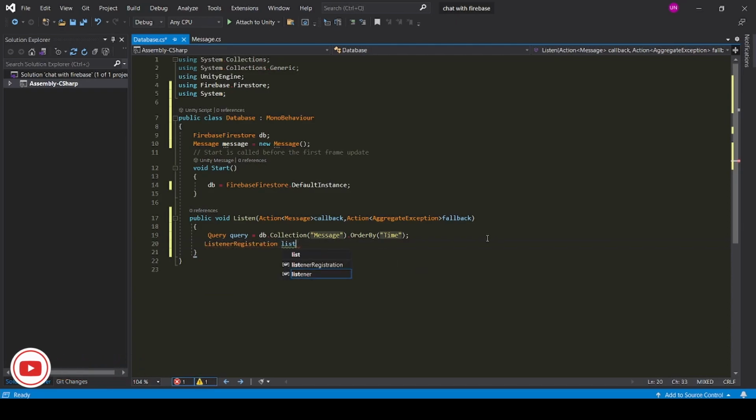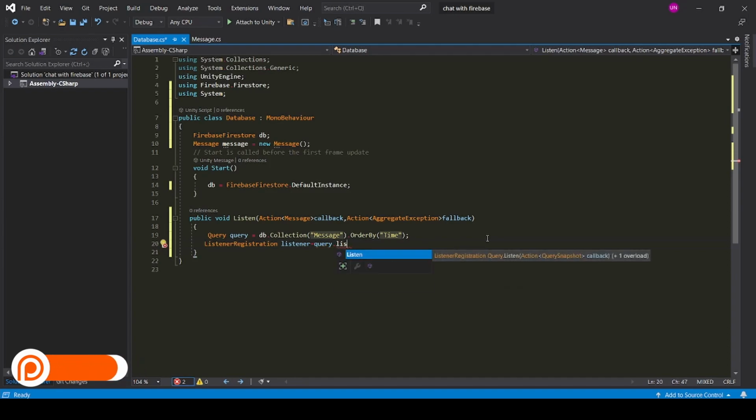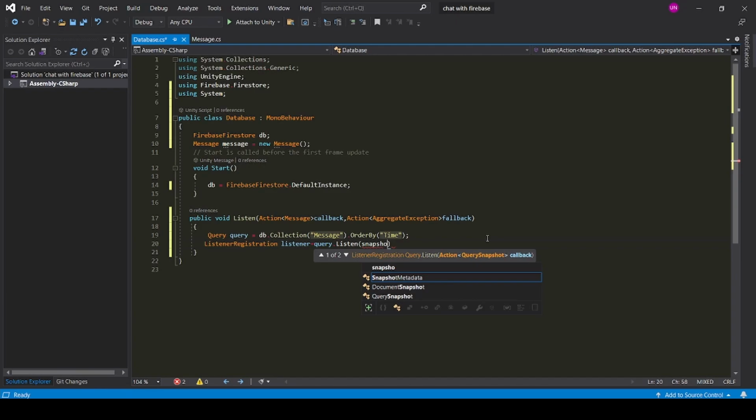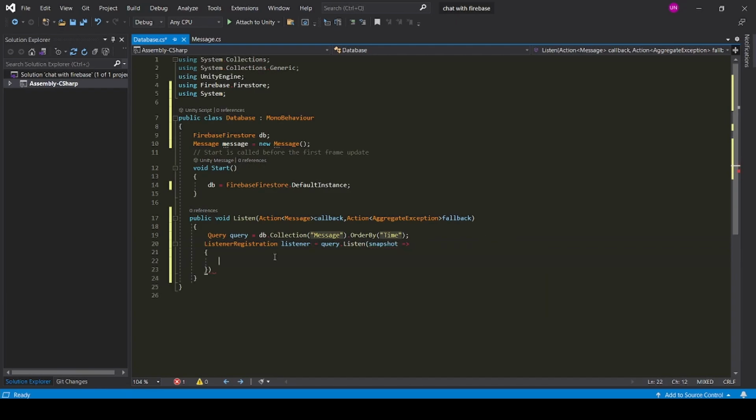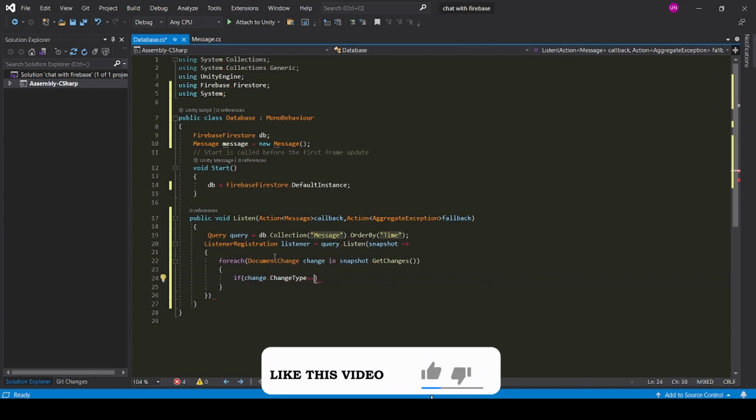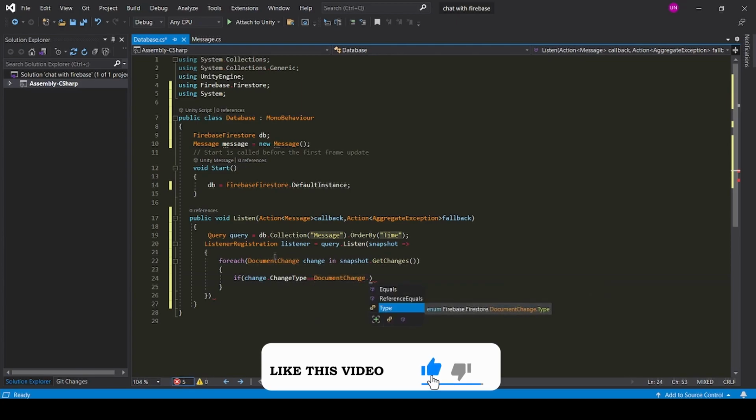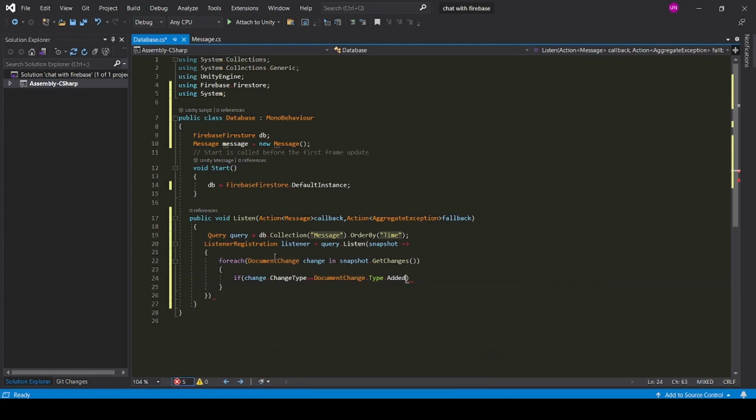listener equal to query dot ListenSnapshot, foreach DocumentChange in snapshot dot GetChanges, if change dot ChangeType equal to DocumentChange dot Type dot Added